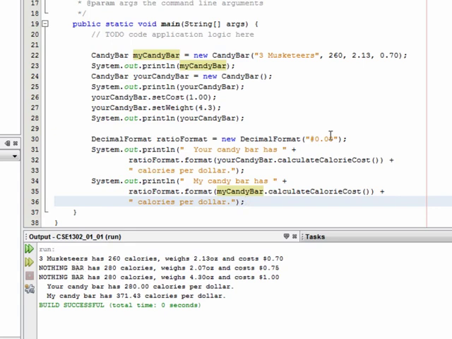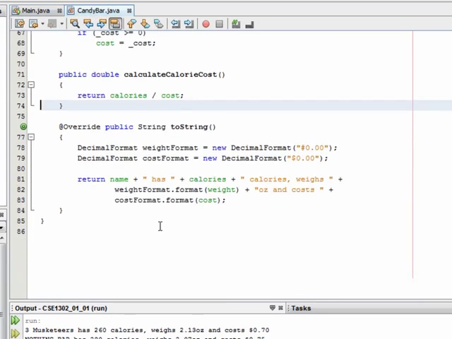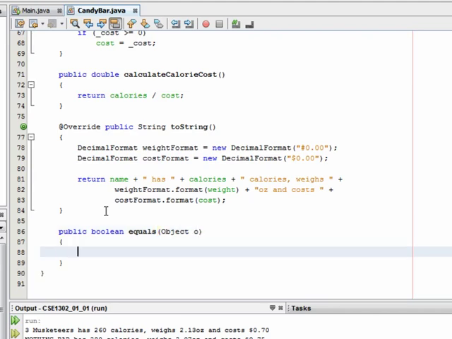The last thing I'd like to do now is give the candy bar the ability to compare itself to another candy bar. And so let's go into the candy bar class definition, and at the bottom of this what we need to do is override the equals function. The equals function is a public method that returns a boolean called equals, and it's going to take in an object, and we're going to compare whether this candy bar, the this that we're in here with this class, is equal